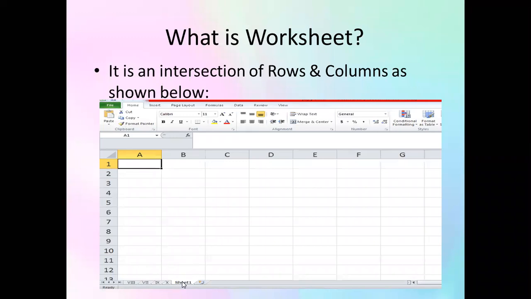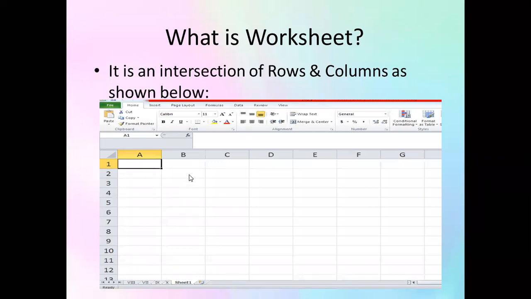So wherever a column and a row intersect with each other, it forms a cell. Suppose I talk about column B and row 2, then this cell forms. So a cell is the area where a column and a row intersect.